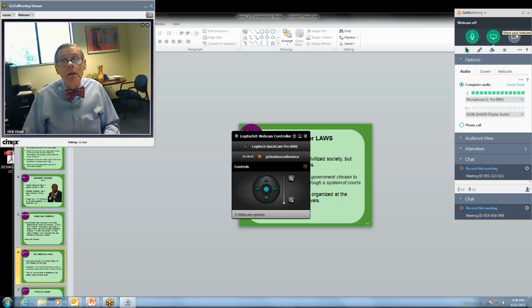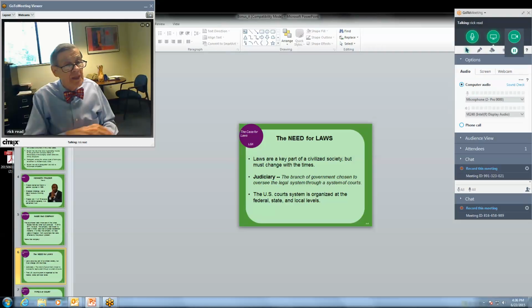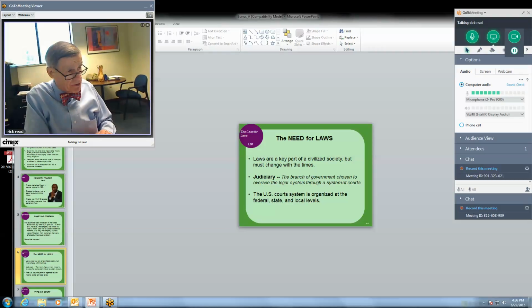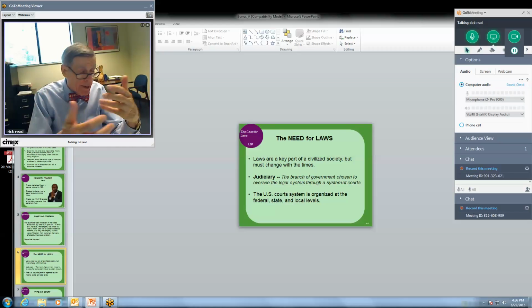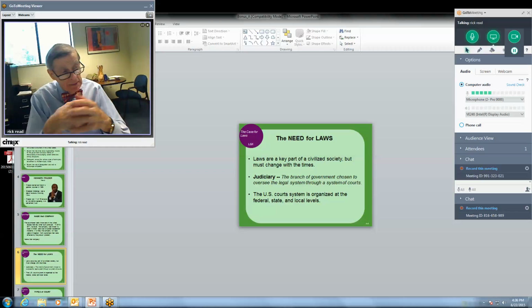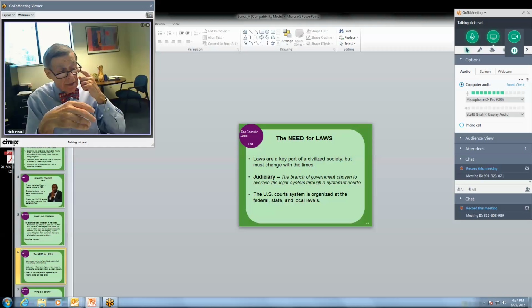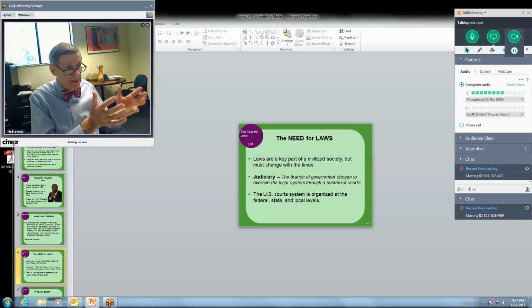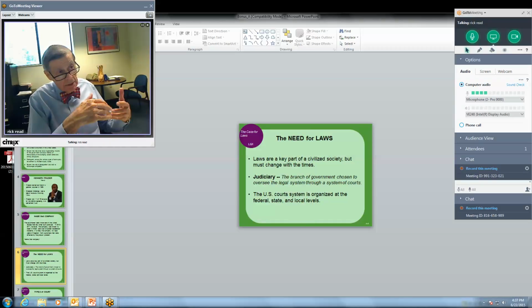Well, I guess the first question we have to ask here is, why do we have laws? We have laws in a civilized society. Actually, those peoples that we consider uncivilized, and I want to come back to that in a second, they have rules, regulations, and rituals that they follow. Many of them are just not written down. Now, I used the word uncivilized, and I do not mean to demean anybody when I use that word. I'm using that word as how we base what we consider civilization, laws and governance and things of that nature,